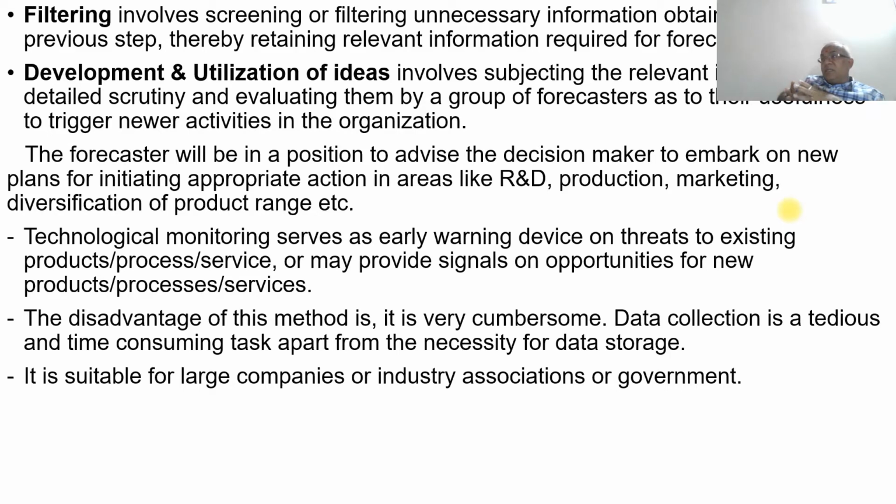It is a very tedious job because perception differs from one person to another, so the data collection becomes very cumbersome. Also it is time-consuming, and of course, once we collect the data, it becomes a huge requirement for data storage.